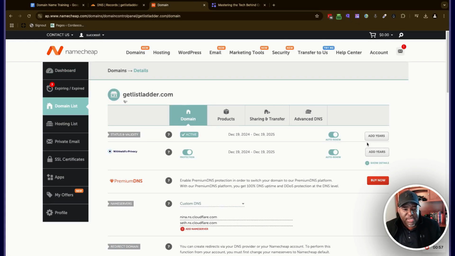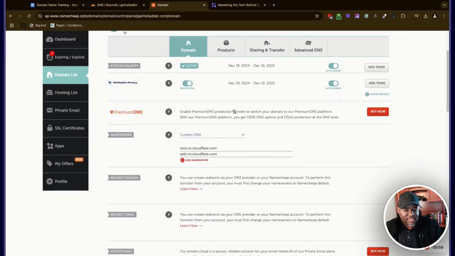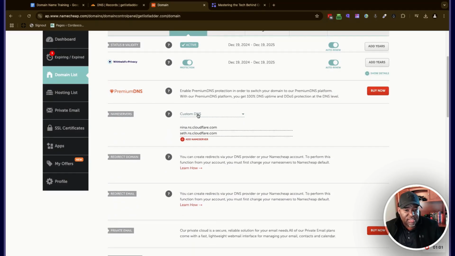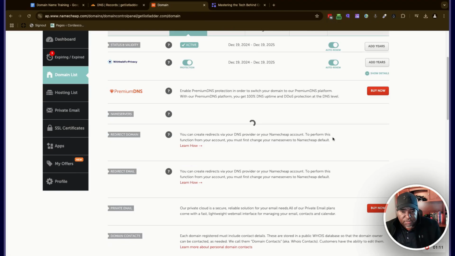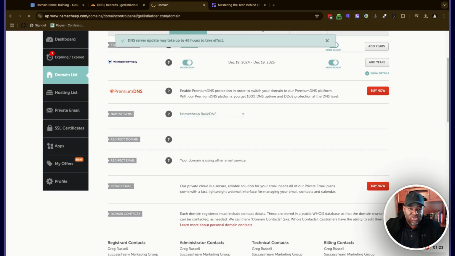So I'm going to hit the manage button, and here are my settings. And then here is the custom DNS. Okay. So I am going to show you what it's going to look like if I haven't had this set up. All right, so this is now basically the basic name servers. These are the ones when you first purchase a domain. With Namecheap, it's going to say basic.